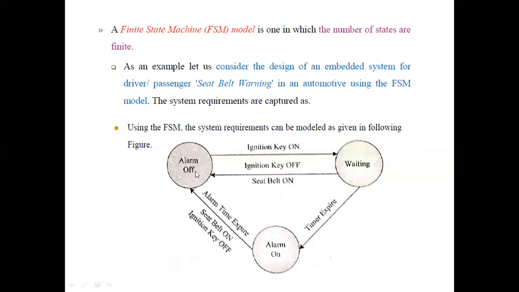The ignition key on event triggers the 10-second timer and transitions the state to the waiting state. If a seat belt on or ignition key off event occurs during the wait state, the state transitions into alarm off, it goes back, as the arrow shows. So when the waiting timer expires,